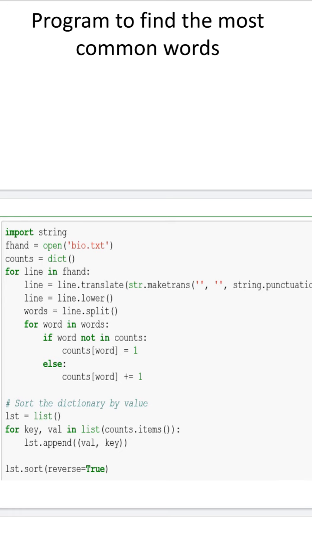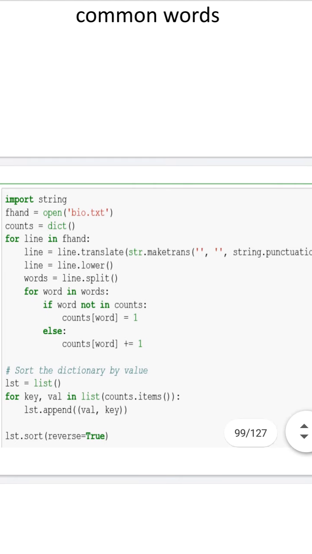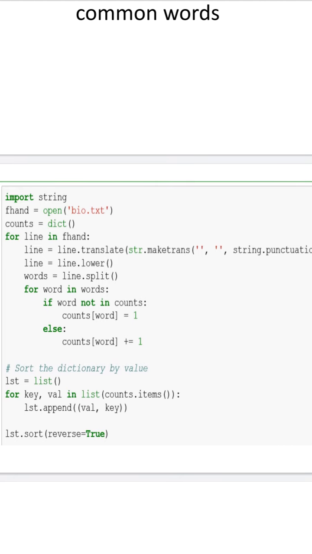Then I am reading line by line from the given file bio.txt, and my file handler is pointing to the beginning of the file. Once I read the first line from the file, I don't want to convert or replace anything, so my from and to strings are empty. You can see in maketrans that the first and second parameters are empty.